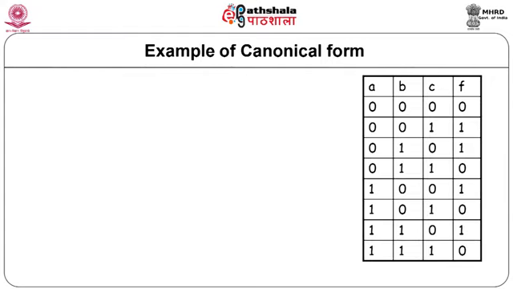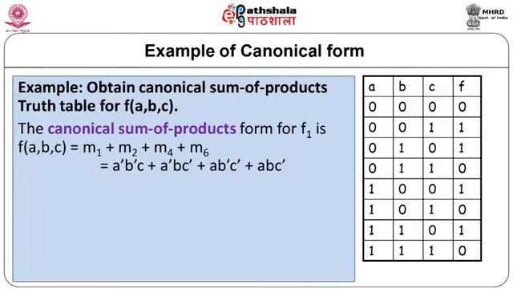After writing the 8 possible input combinations 0 through 7 in order, let us write the equation for the Boolean expression in the form of min terms as well as max terms. You can see from the truth table that there are only 4 functions present at the output, and their corresponding terms are the canonical sum of product form for the function f, which is given as f is equal to